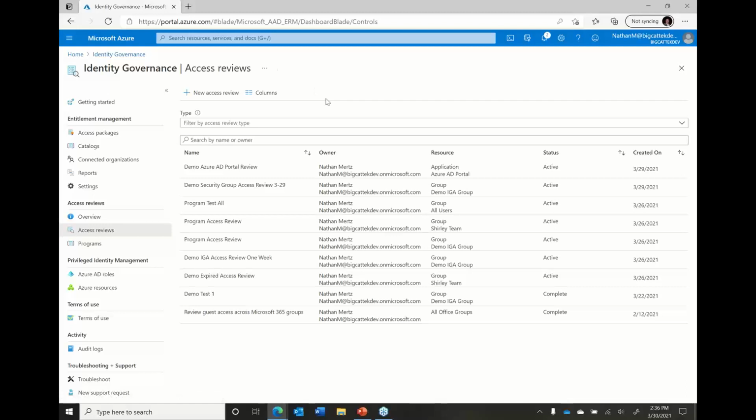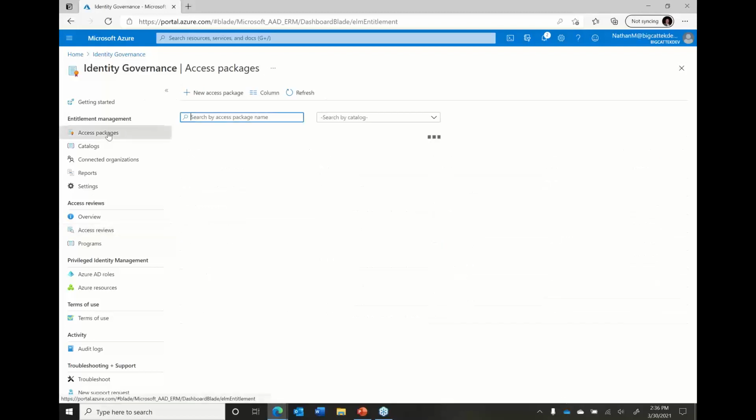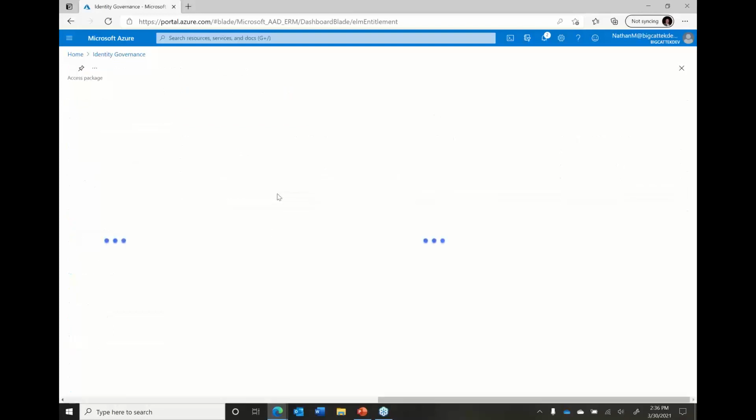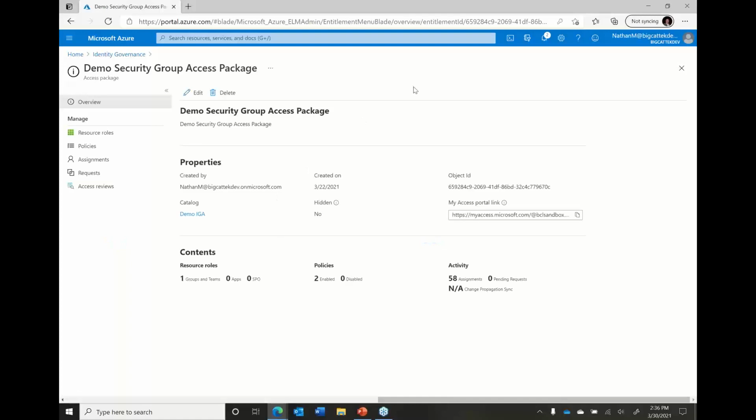So that was the access review workflow, and then I showed the access review administration pieces. Now I'm going to show the details of the access packages. So I'm going to look at the demo security group access page, which is the access package that we did the request approval for. As you can see here,